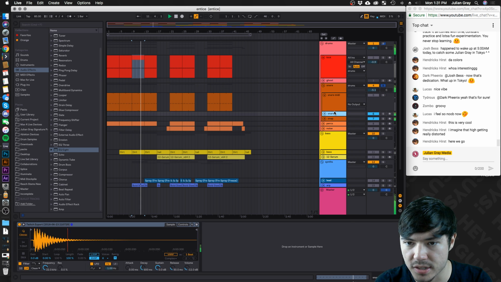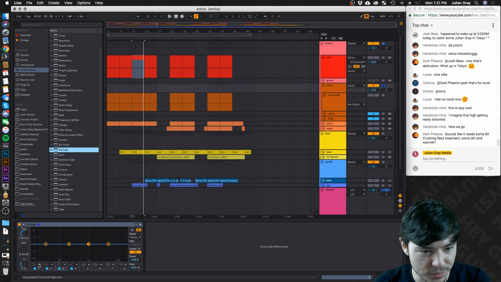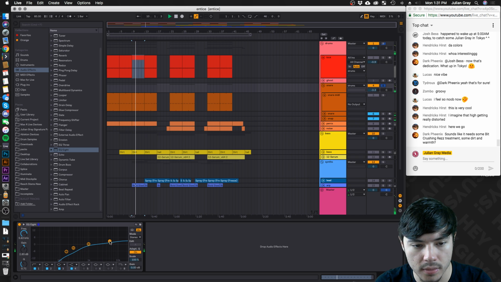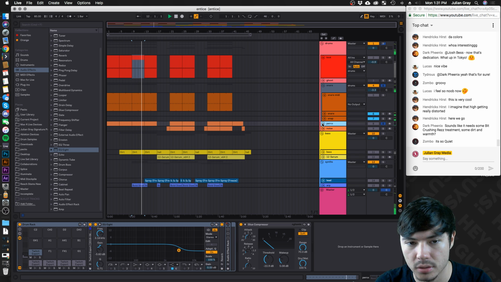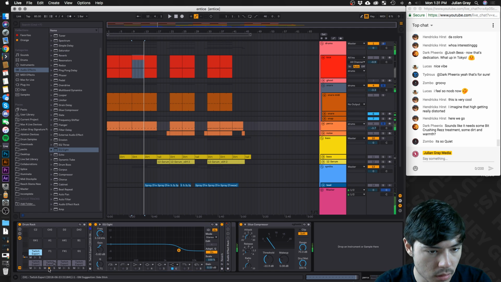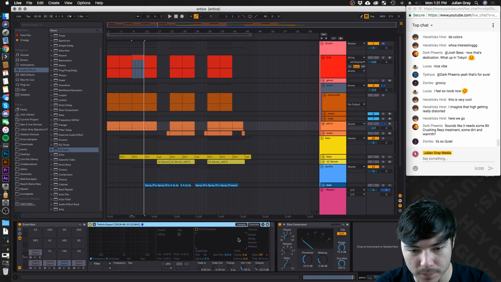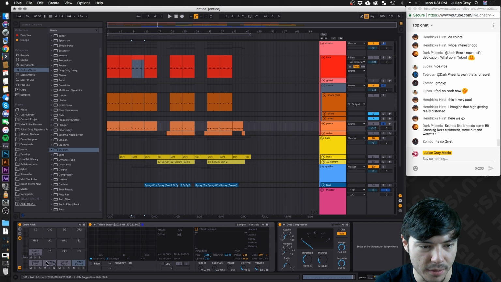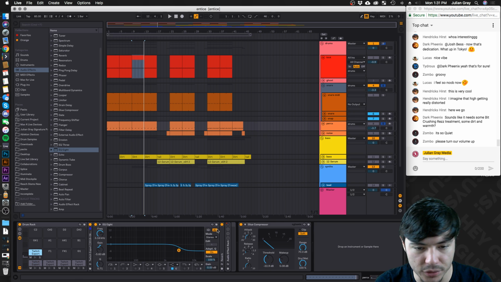Let's see. This is our snare, I see. And that has a little awkward low end to it, so I'm gonna cut that out right here. I really want it to spike through. And then we can do the percussion. So what I'm going to do is actually pan these around a little bit here. I'm going to throw this one to the left maybe. I'll throw this one to the right. Put this one far right. I'll put this one a little bit to the left, maybe like 27, and then we'll do this one centered.